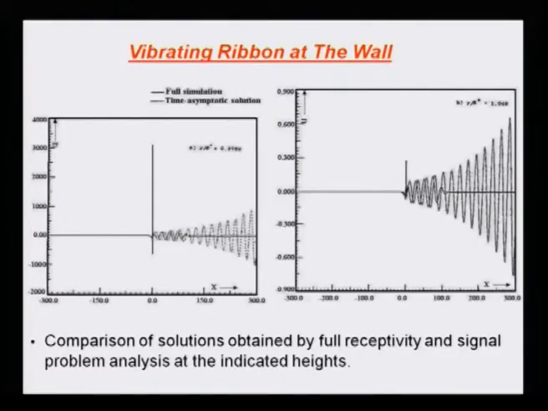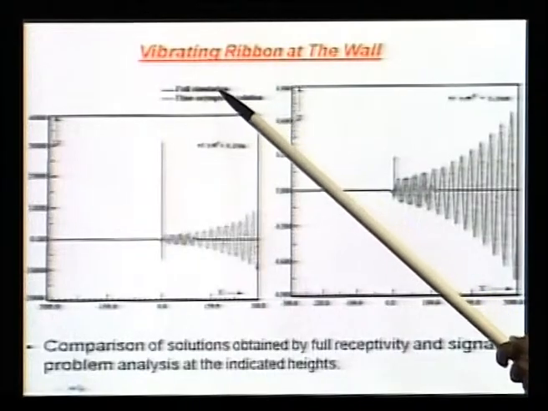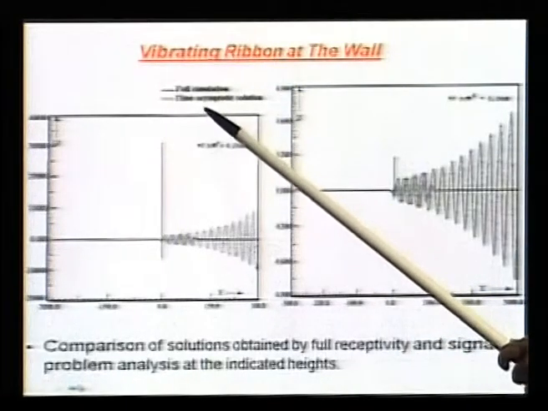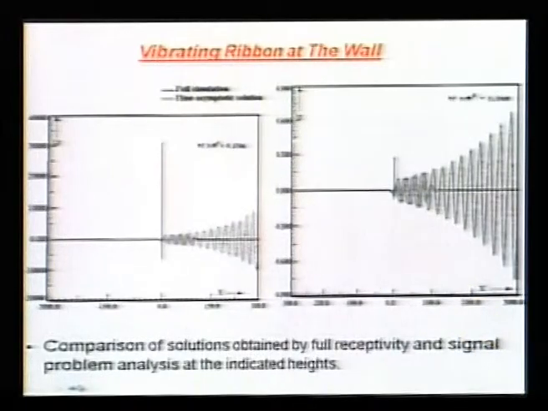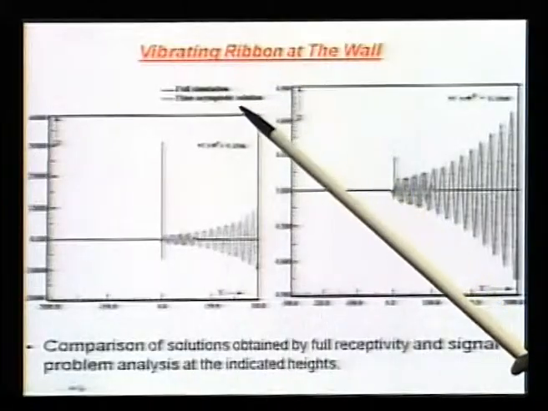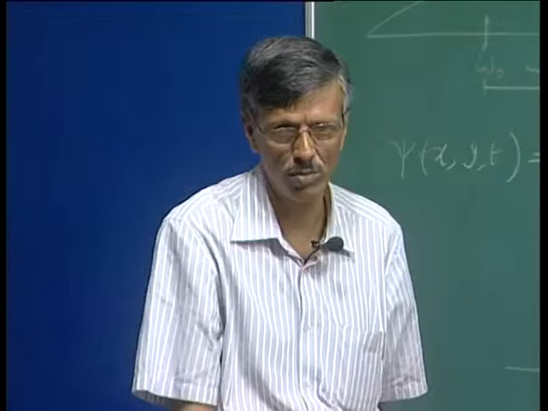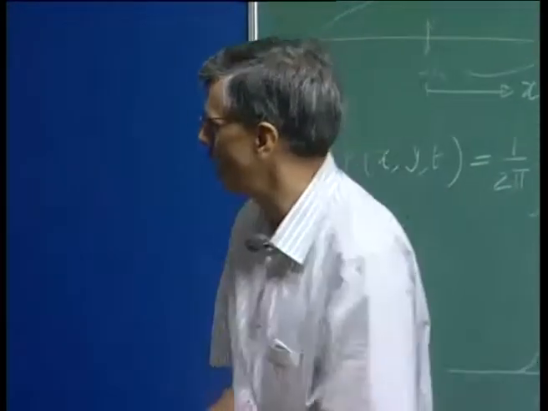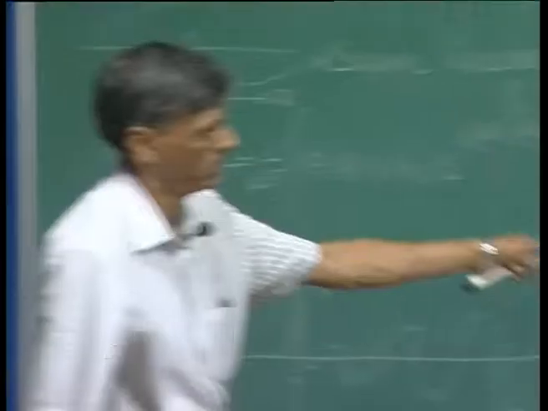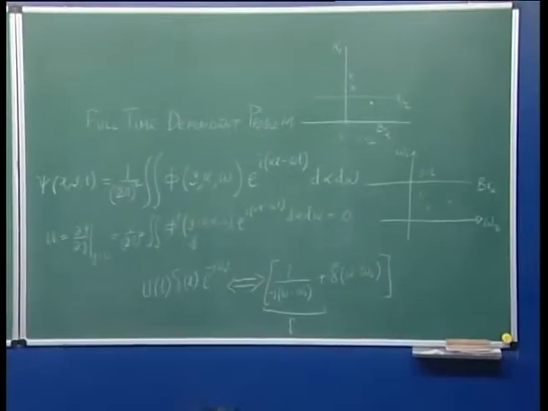And now, if I do this analysis, what do I get? Here we got something almost 20 years ago. I show you two results. One I call the full simulation, the other we term the time asymptotic solution. So, this time asymptotic solution is nothing but the solution of your signal problem, and full simulation is this part. And what you notice that